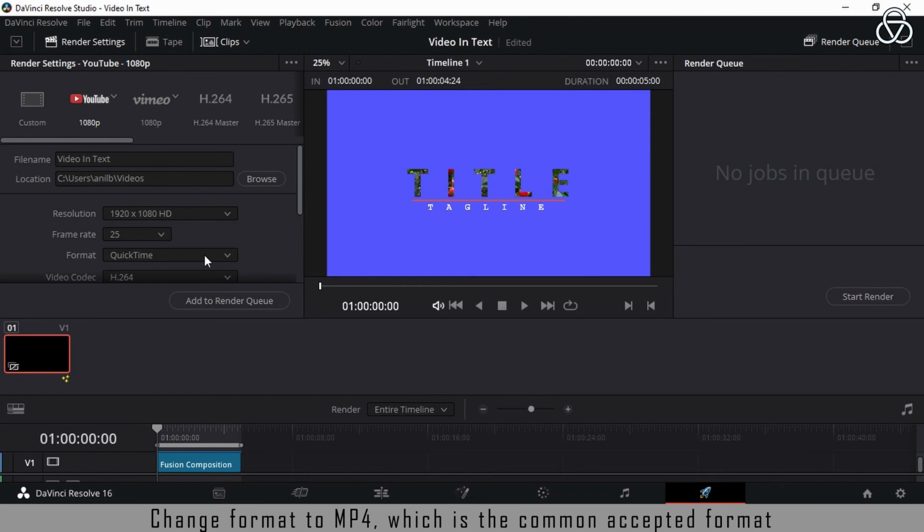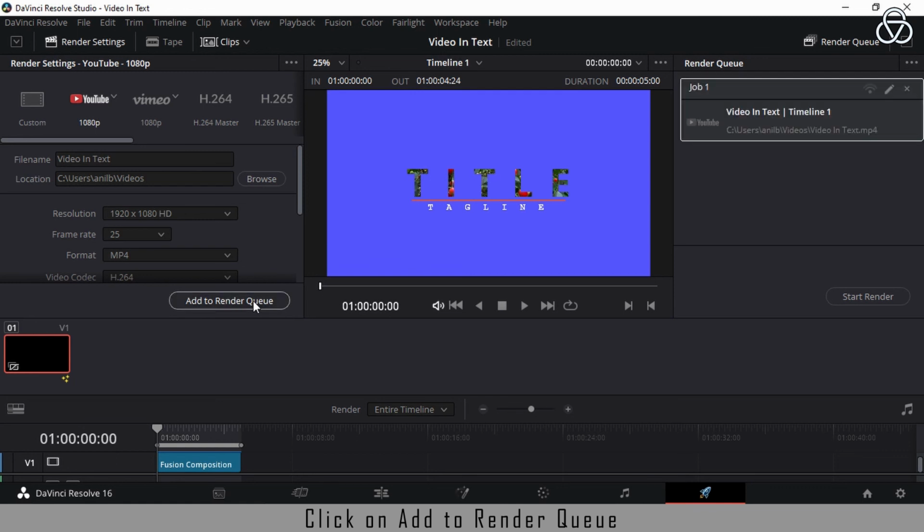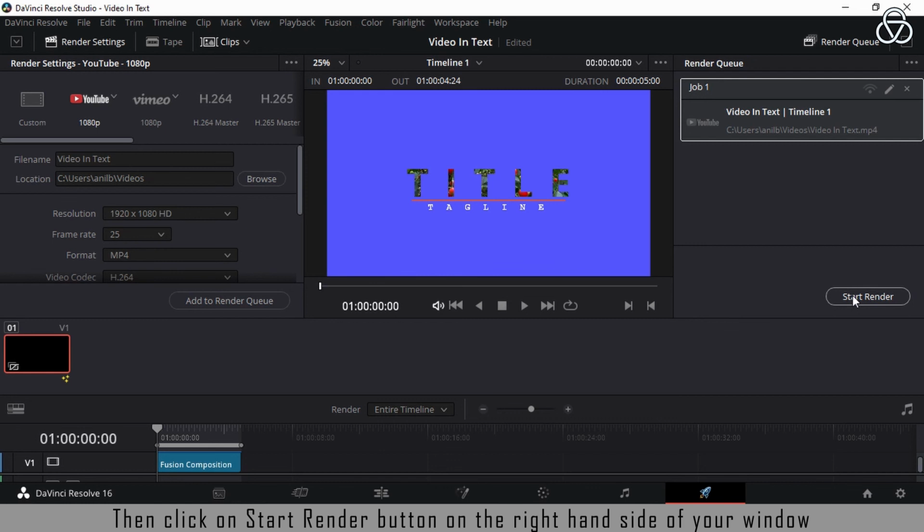Change format to MP4, which is the commonly accepted format. Click on Add to Render Queue. Then click on the Start Render button on the right hand side of your window.